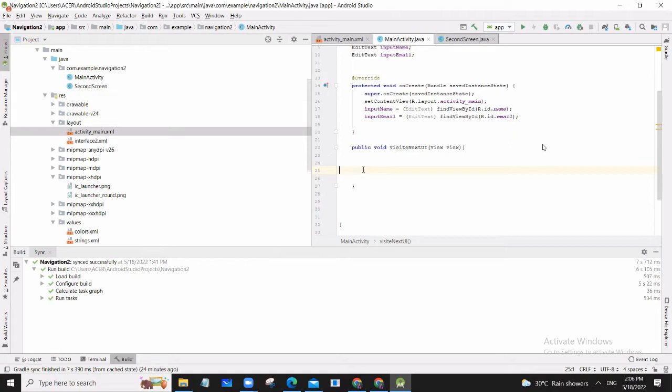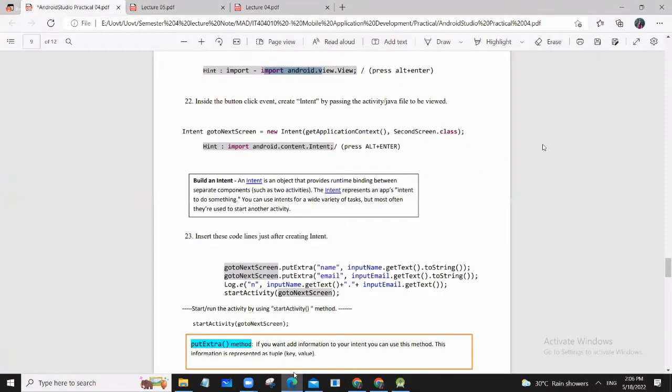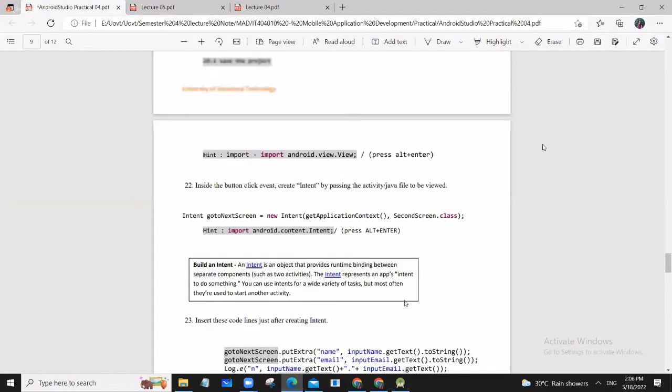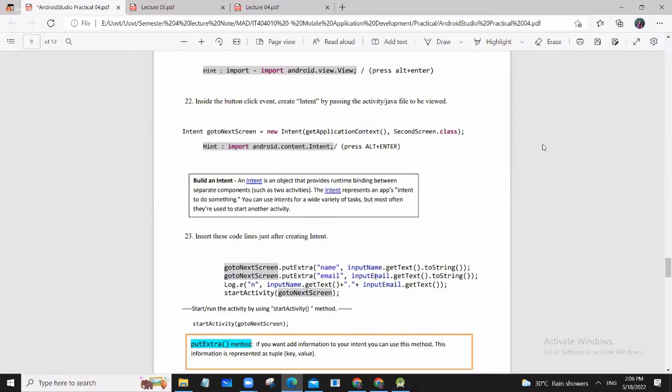Now we want to pass them, to move from one activity to another activity. That means we want to jump from the main activity to interface 2 activity. Okay, to launch the interface 2 activity from interface 1, we want to create an intent object first. Okay, now we are going to create an intent object. To create an intent object, you can